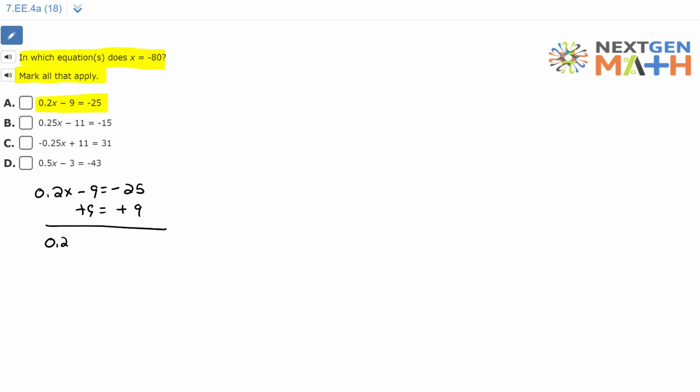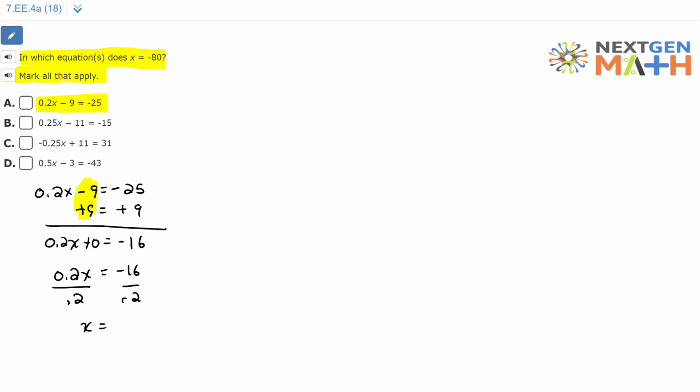Our goal is to get just 1x. By adding 9 to this, minus 9 plus 9 is equal to 0. And then negative 25 plus 9 is equal to negative 16. So now we're left with 2/10 x equals negative 16, dividing each side by 2/10,